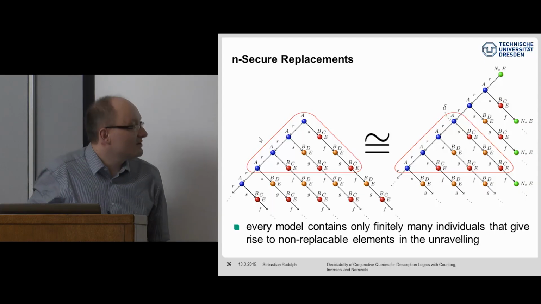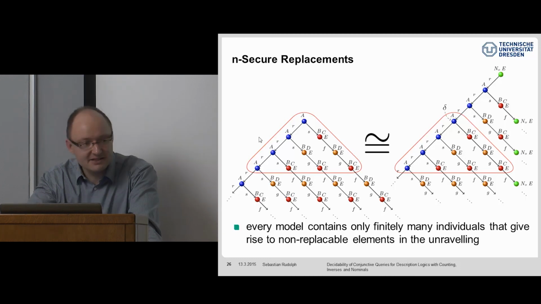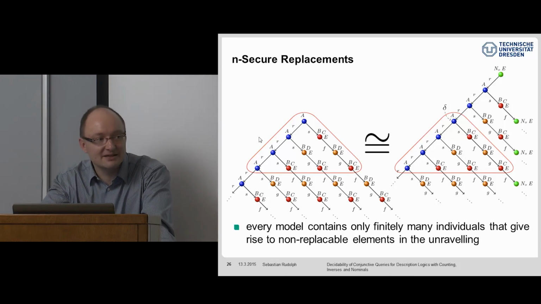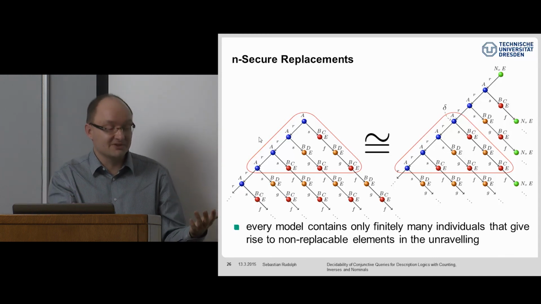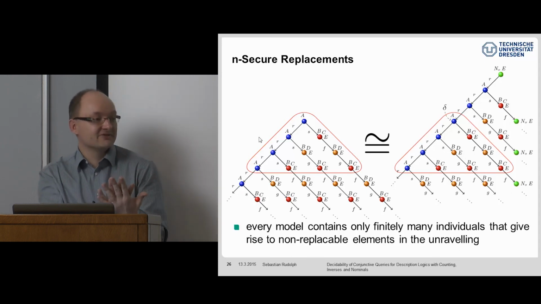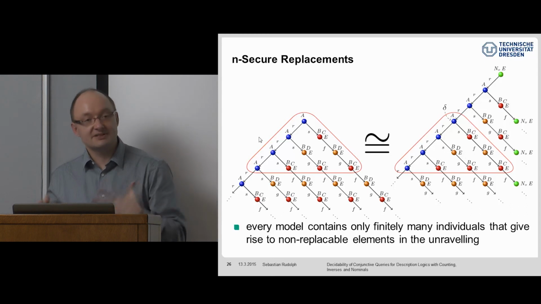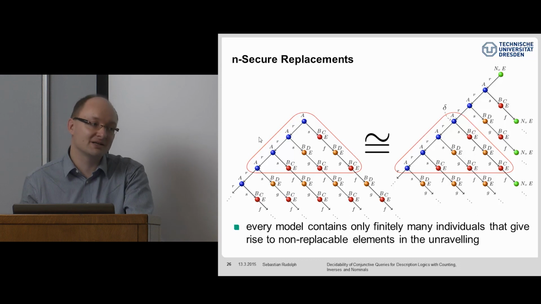And now the big question that actually remains is: is this enough? Do we find enough n-secure replacements to really rebuild the model? Because it could just be that we go through the model, we find a lot of backward counting paths, but we do not find fitting limits to replace them. And actually then the argument is, oh, actually we find enough. We cannot replace all of them, but we can replace enough of them so that only finitely many cannot be